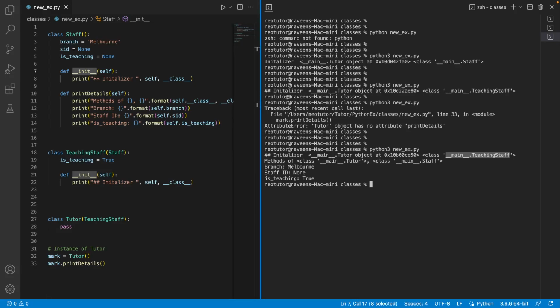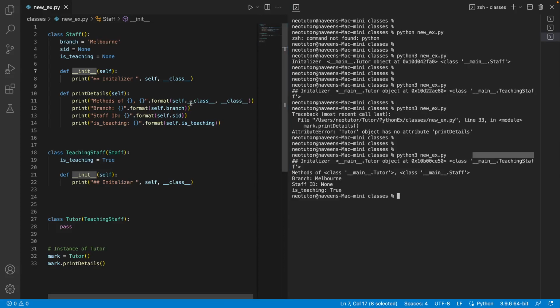And now let's see how these magic methods and magic attributes work. Okay, so can you see the method print_details? It shows that this method print_details is inherited by tutor. So this is from the tutor. That is what it means, self.__class__. Do you get it? Okay, self.__class__ refers to